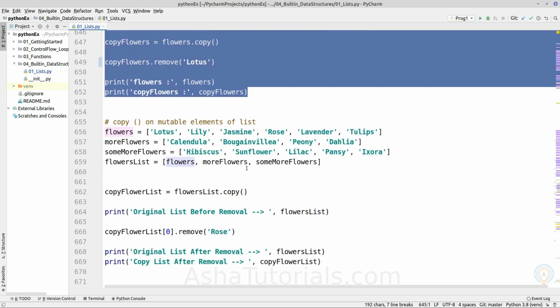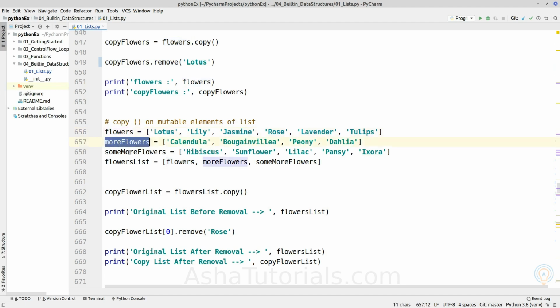But that thing completely changes when our list is holding a mutable data type such as a list. So we will create a list of lists. So we have 3 flowers lists, and if we are creating a list out of 3 lists, we are having a data structure which is a mutable data type inside a mutable data type. So if we are creating a copy of those mutable data types,